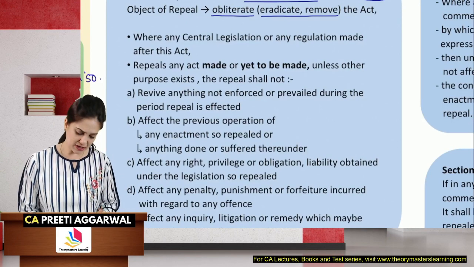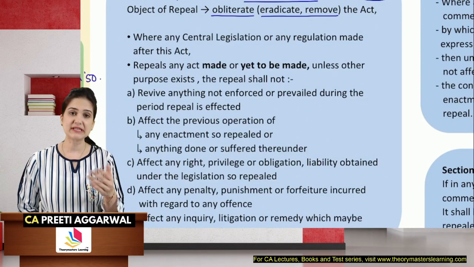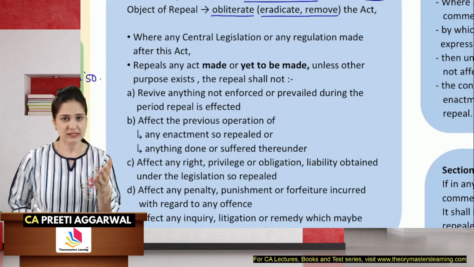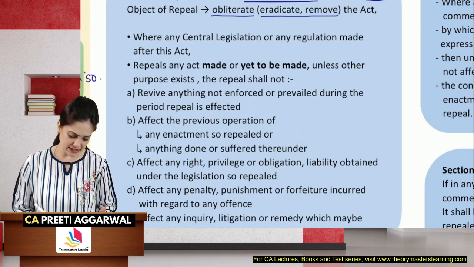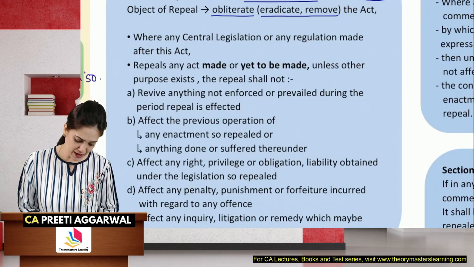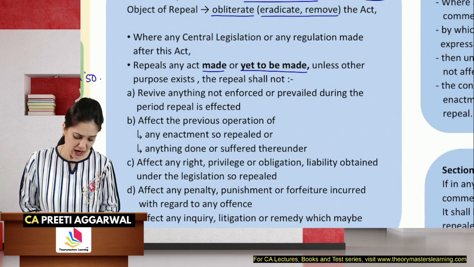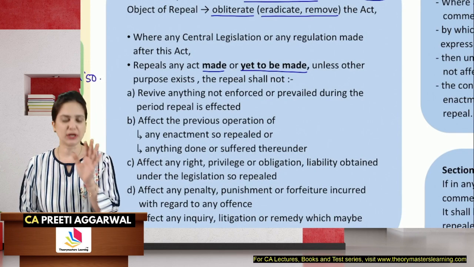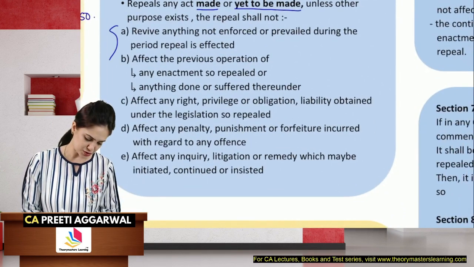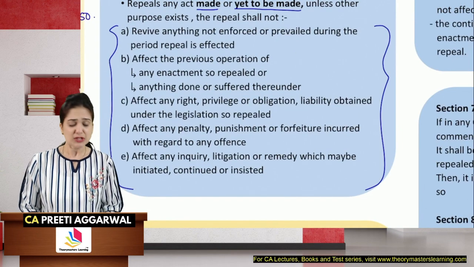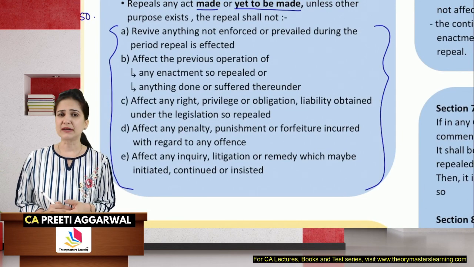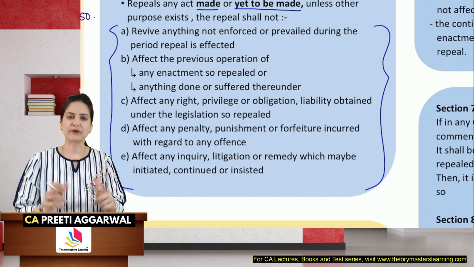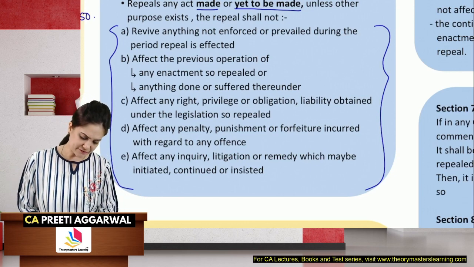Where any central act or regulation is made after this act, the General Clauses Act 1897 provides that it repeals any act made or yet to be made, unless some other purpose appears; the repeal shall not affect the following. Now, this can be asked as a theory question, so you need to memorize these provisions. Just because the act is being repealed, it will not affect the following. It will not revive